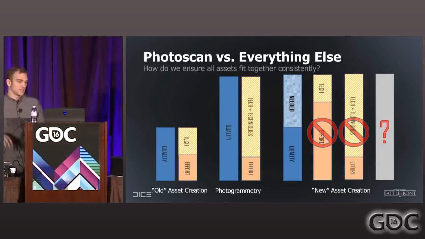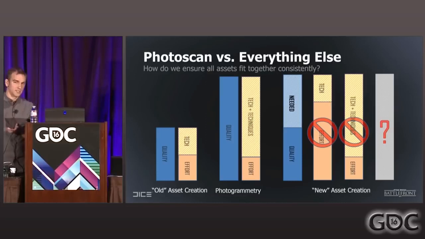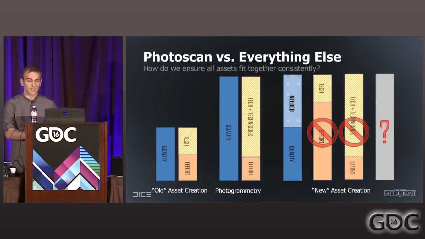With the old asset creation way, you'd get to a certain level of quality with a certain amount of effort and tech. Suddenly with photogrammetry, your increase in quality is significant because of the tech and the techniques, not necessarily because of the effort. So when you're unable to use that technique for an asset that doesn't lend itself to photo scanning, how do you bridge that gap? You can't just have this massive increase in effort. It's not particularly practical to do that. And there's not necessarily a technique that will magically fill this deficit.